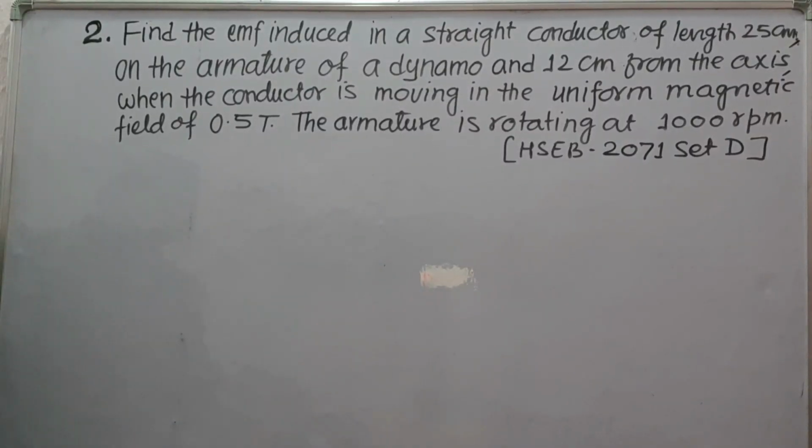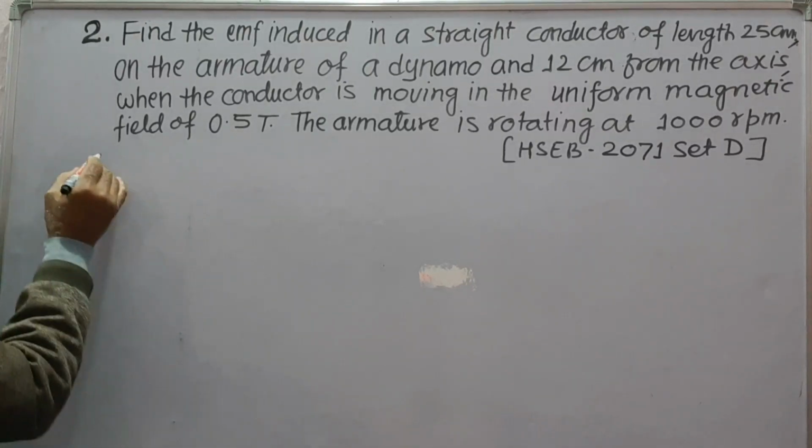Second question: find the EMF induced in a straight conductor of length 25 cm on the armature of a dynamo and 20 cm from the axis when the conductor is moving in the uniform magnetic field of 0.5 Tesla. The armature is rotating at 1000 revolution per minute. Solution: